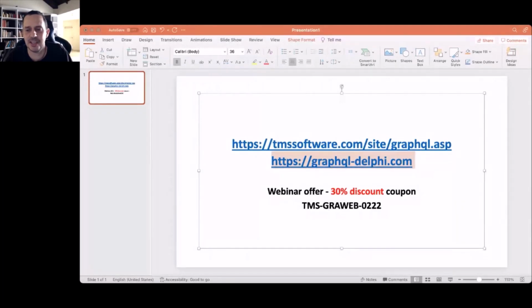Is it possible to realize a client login to the server? As I said, this is out of scope of GraphQL. This is not GraphQL, the client login, the authorization and authentication. This is up to the HTTP framework. The GraphQL server is running behind WebBroker or Sparkle or any HTTP server, and login, authorization, authentication should be done there, not in the GraphQL server.